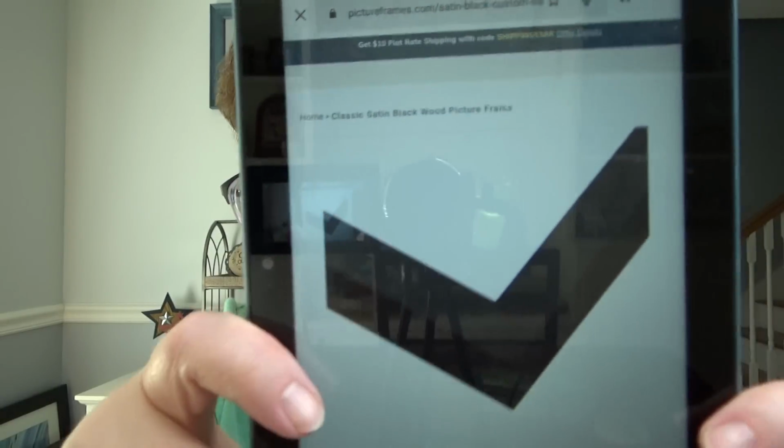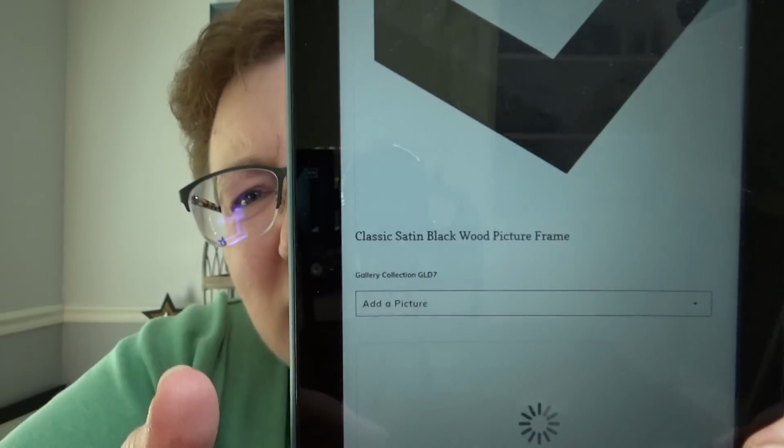So here is a classic satin black wood picture frame. Under the listing, once it loads, it's going to show you the details about the frame. This one says down here, description, a little description of the frame, material, wood. For my framing, I need a wood frame because I'm going to be hammering into it and I need something wood. And then it says width 7/8